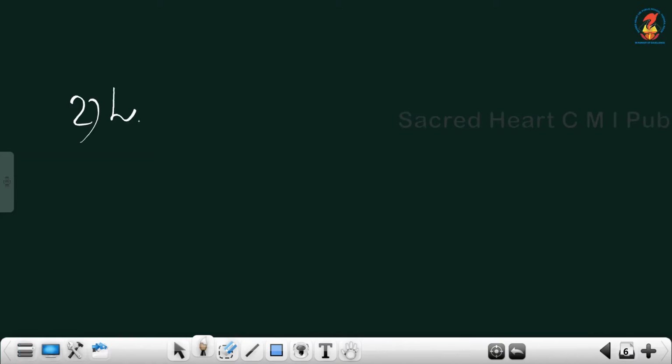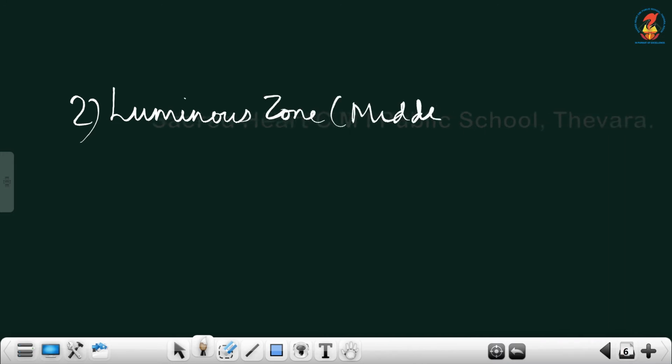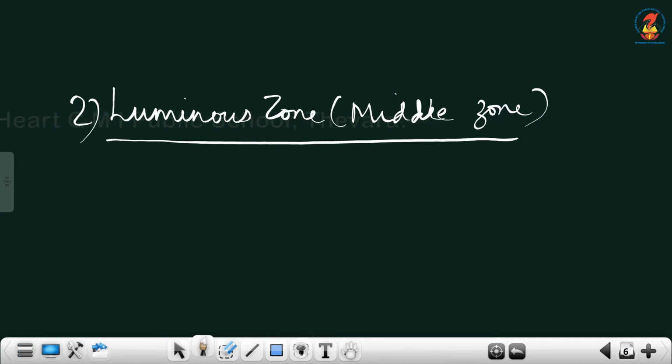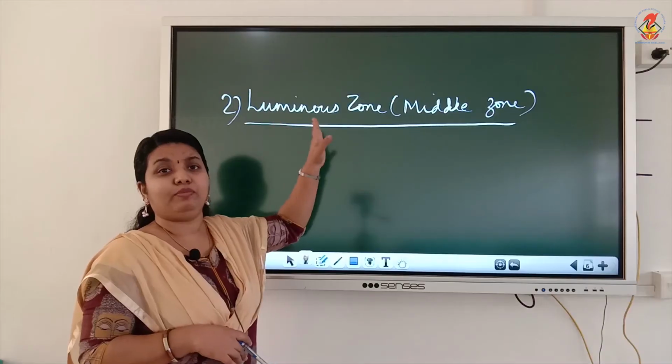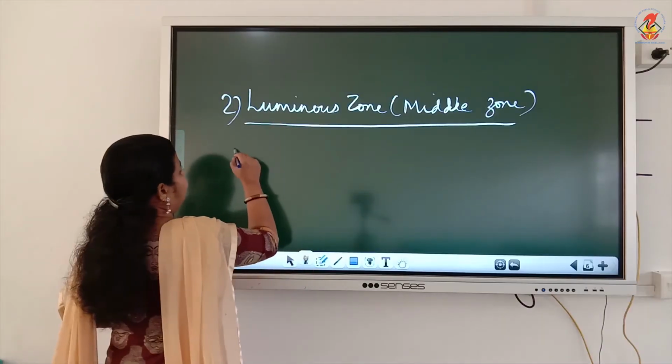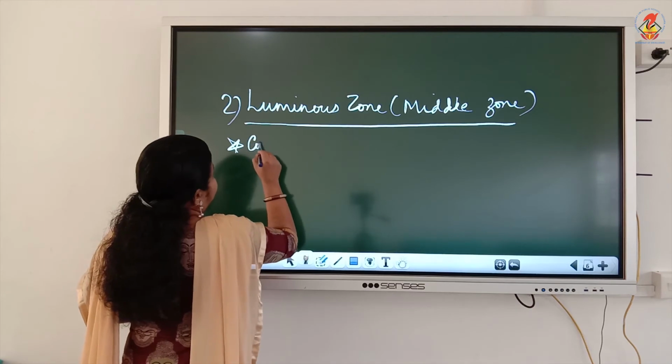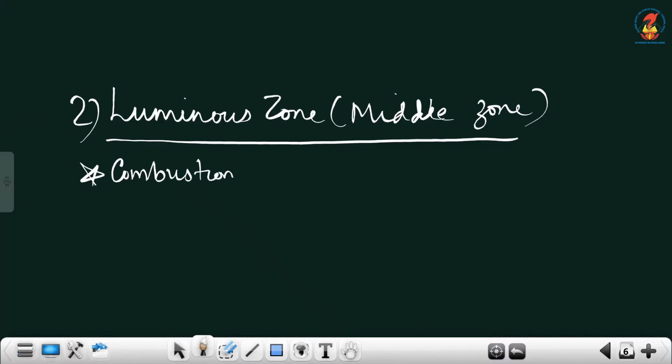Next one is the luminous zone, or the middle zone. Actually 75% of the candle flame is in the middle zone. 75% of the candle flame is luminous, yellow in color. The color of the flame is yellow. Here combustion is incomplete. Why? In the middle zone combustion is incomplete because oxygen supply